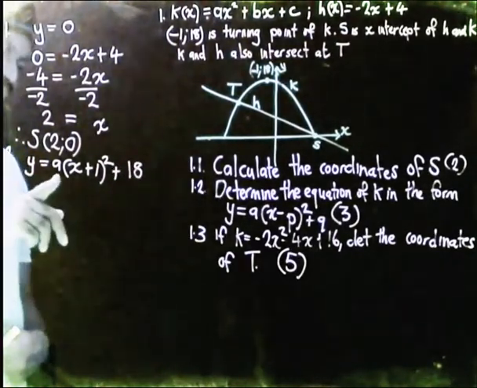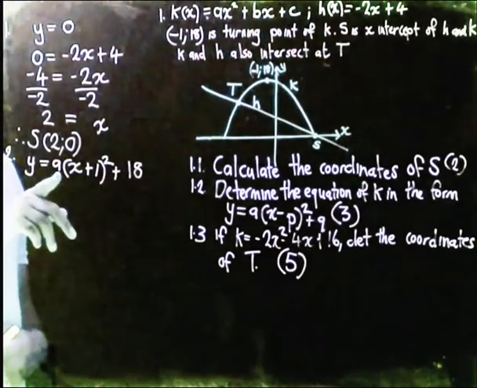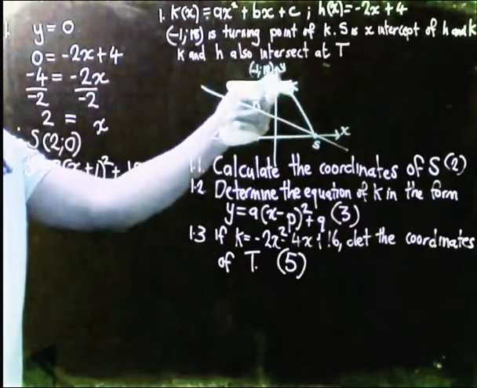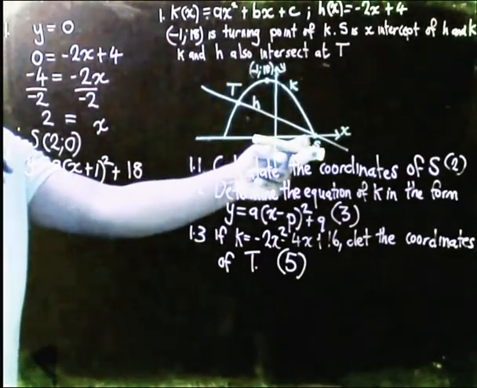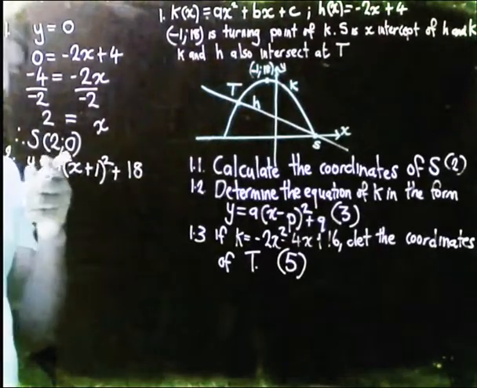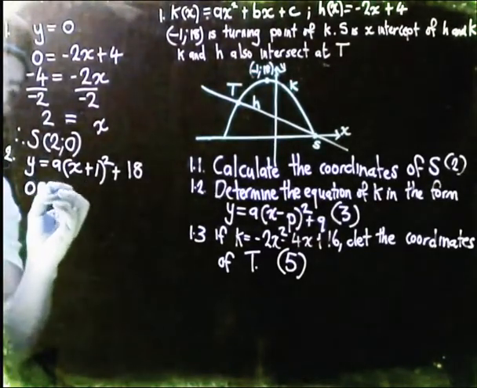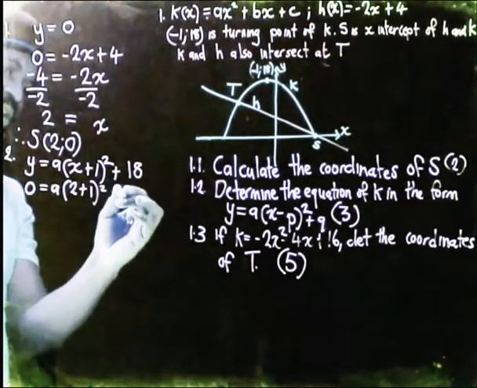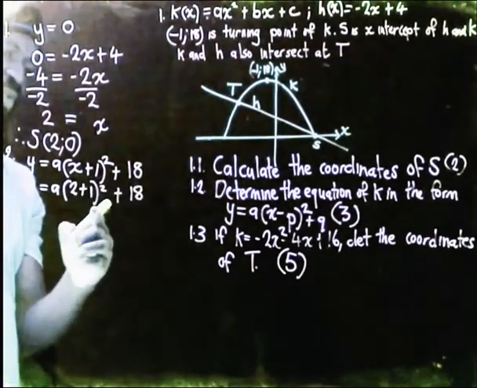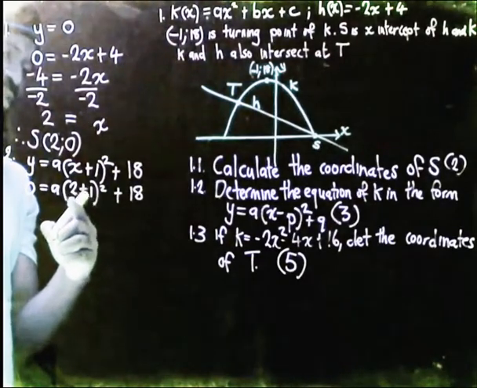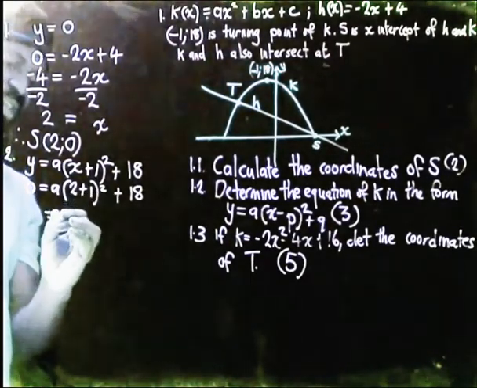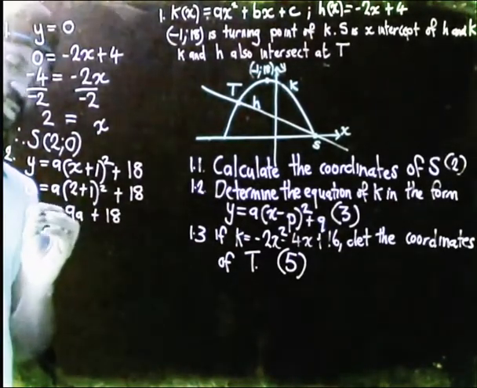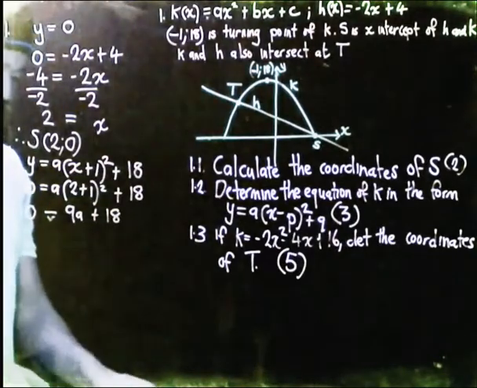I'm almost finished, but now I don't know what a is. So to get the value of a, I need to substitute another point other than the turning point. I've just calculated the coordinates of S, which is (2; 0). So let's substitute that. So 0 is equal to a(2 plus 1) squared plus 18. 2 plus 1 squared is 3. 3 squared is 9 times a becomes 9a plus 18. I can easily solve this